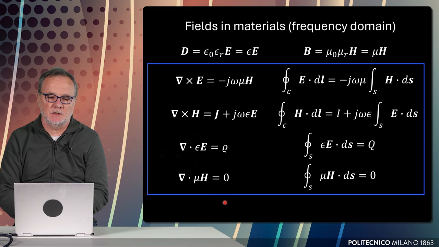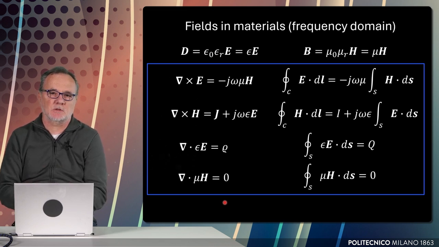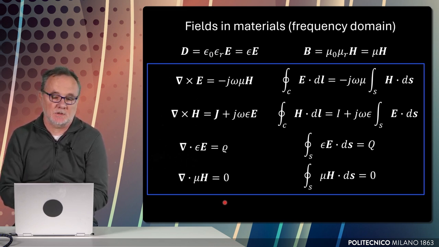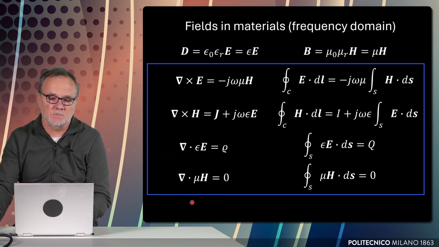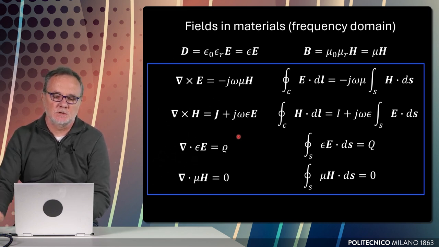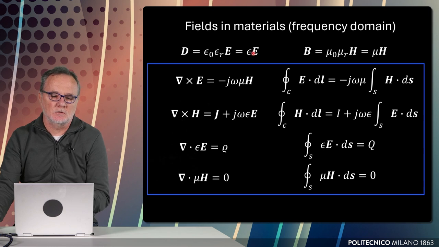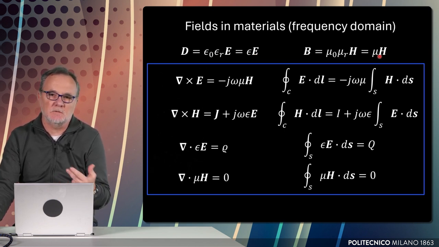When we are in presence of materials, this is a very important aspect of Maxwell's equations and a very complex aspect of Maxwell's equations: the interaction of electrodynamic fields with materials. In general, we can simplify, for the purposes of this course, this relationship in the form of a scalar multiplying term between D and E, as we did in electrostatics, and between B and H, as we did in magnetostatics. So that for us, we can assume that the permittivity and the permeability are constant. They can maybe be functions of position, but constant.